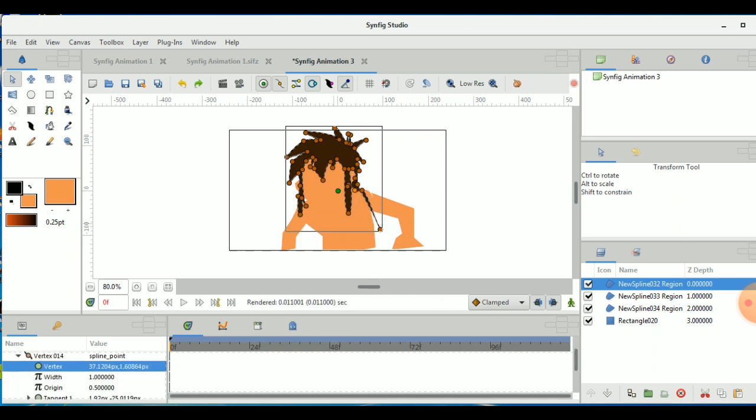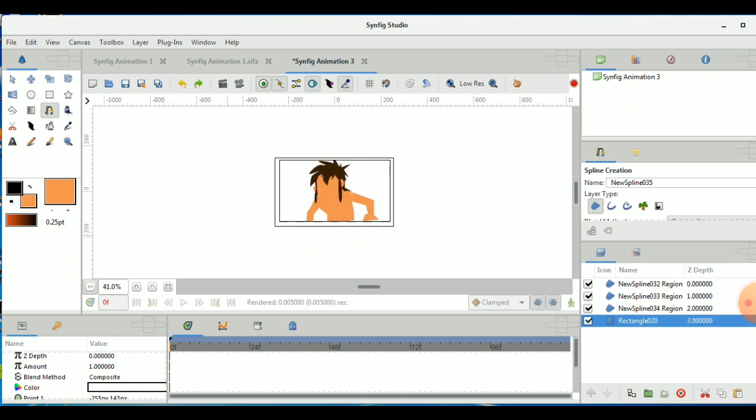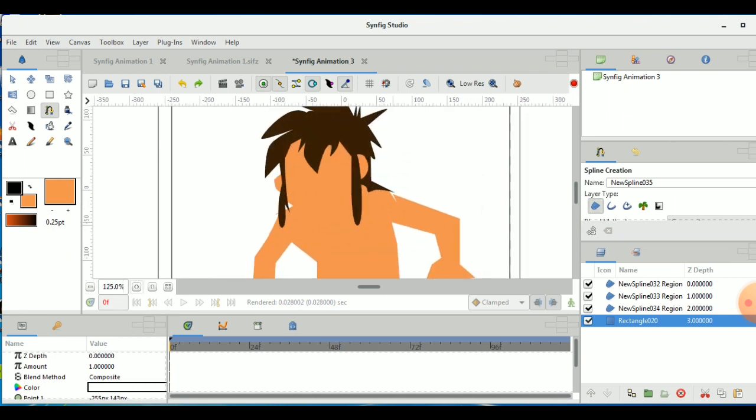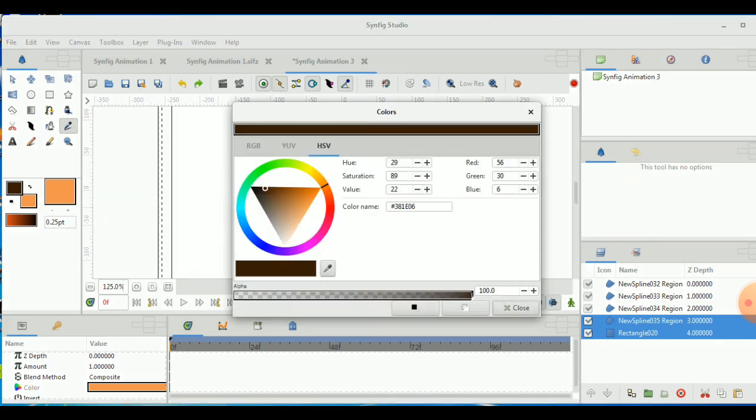I will give a correct movement to these dots, or the proper shape to that ears. This is the backside ears. Again, a loop is formed. You can see that again, a spline tool with a close region I have used. In the right corner, you can see that only the rectangle is there and the remaining parts are just a close region. You can apply the number of things.